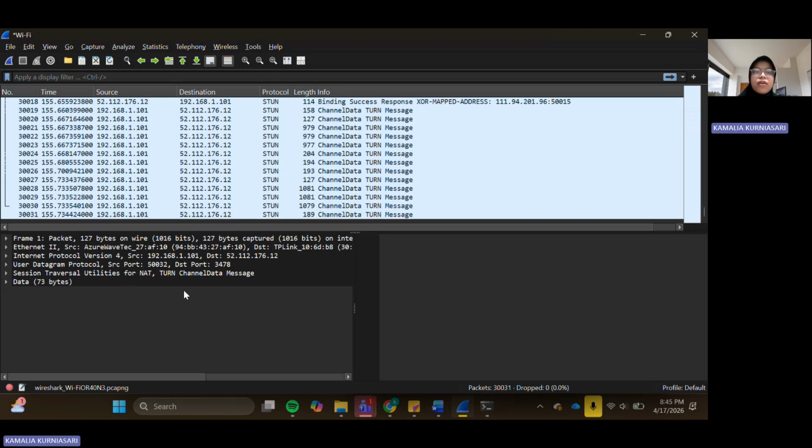Next, we apply filtering to analyze specific types of traffic. The filters used in this practical activity include the ICMP filter, ip.src equal to the IP config, the HTTP filter, tcp.port equal 80 and tcp.port equal 443, ip.addr equal to the IP config, and the last one, tcp.flags.syn equal 1.